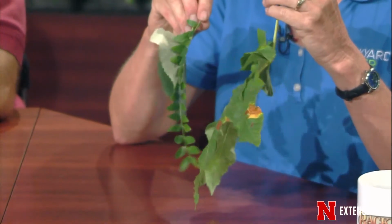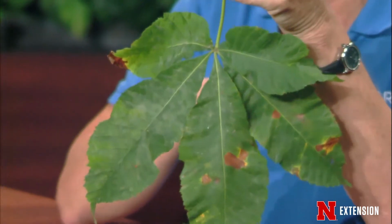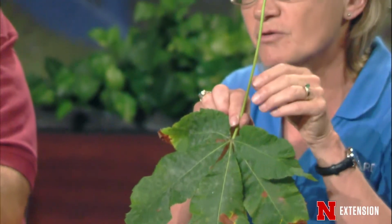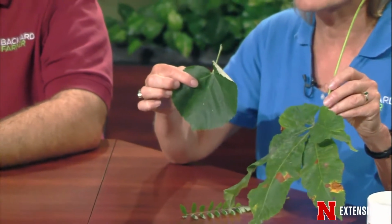Okay, Kelly, leaf night. Leaf night, yes, I have here. I actually have 3 leaves. This is 1 leaf, this is 1 leaf, and this is 1 leaf. So what I want to share is we often talk about compound leaves or simple leaves when we're identifying things, so I just thought I'd quickly explain the difference. So this appears to be 1, 2, 3, 4, 5 leaves, but those are leaflets. So this entire thing is 1 leaf because the whole thing came out of 1 leaf bud. So that's how we determine that it's a compound leaf versus a simple leaf that only has the 1 blade